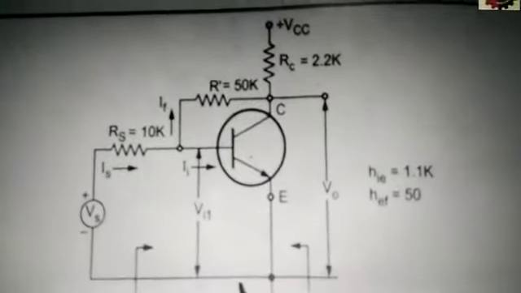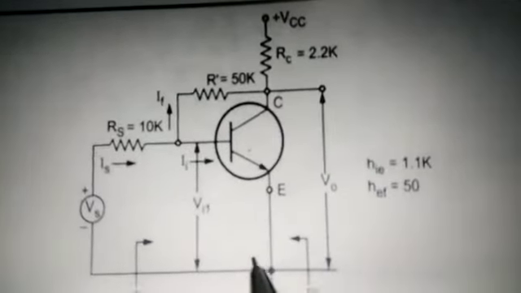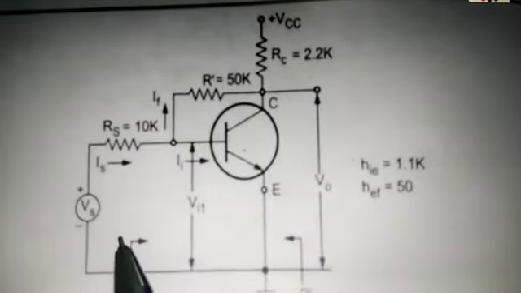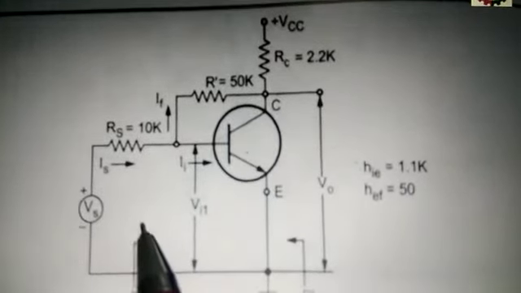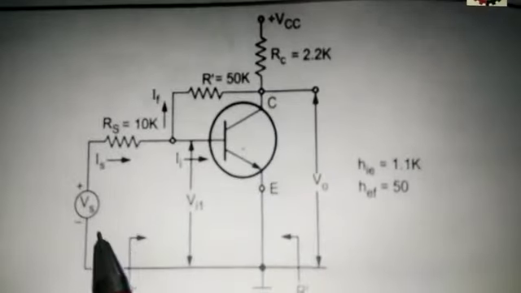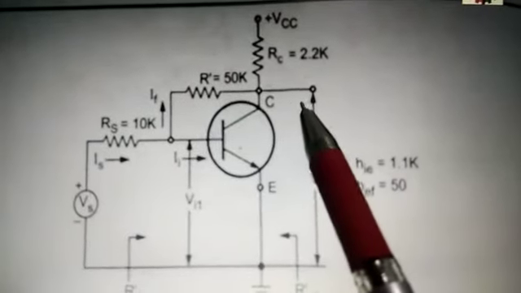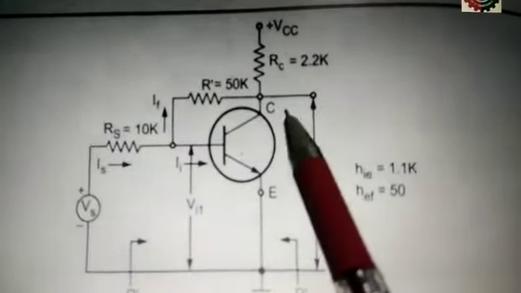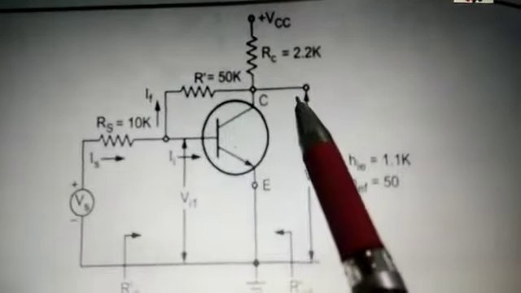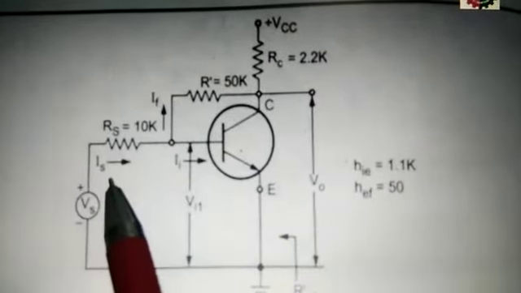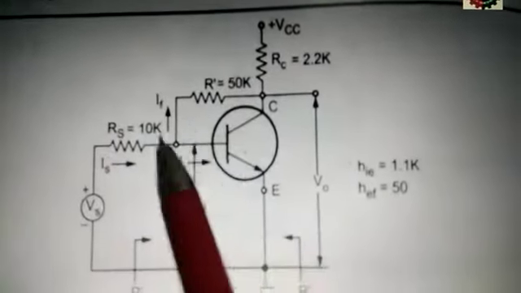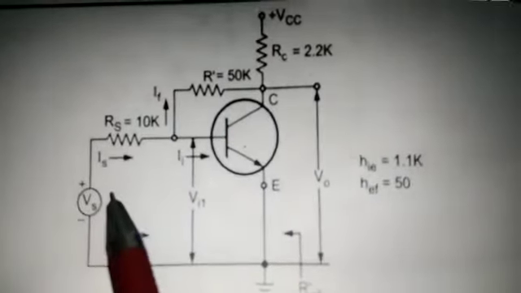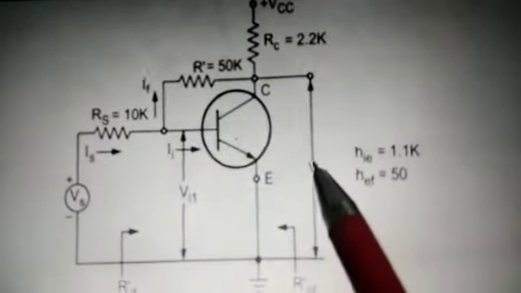Now, the first step is to identify the topology. While identifying the topology, we keep the input open and find the output, and we short the output and find the input, so that we get which type of sampling and which type of mixing. We have already seen this one. In the second step, we will find the input equivalent circuit and the output equivalent circuit.